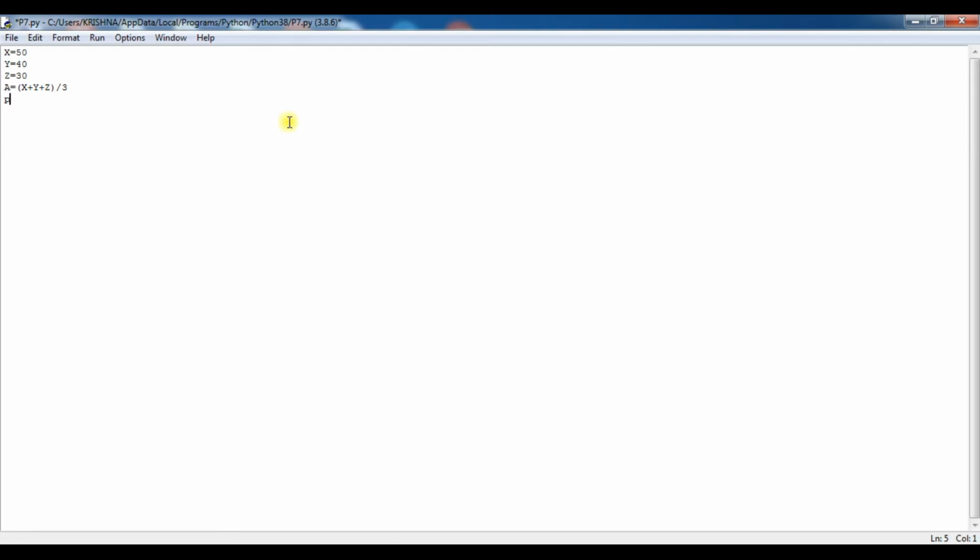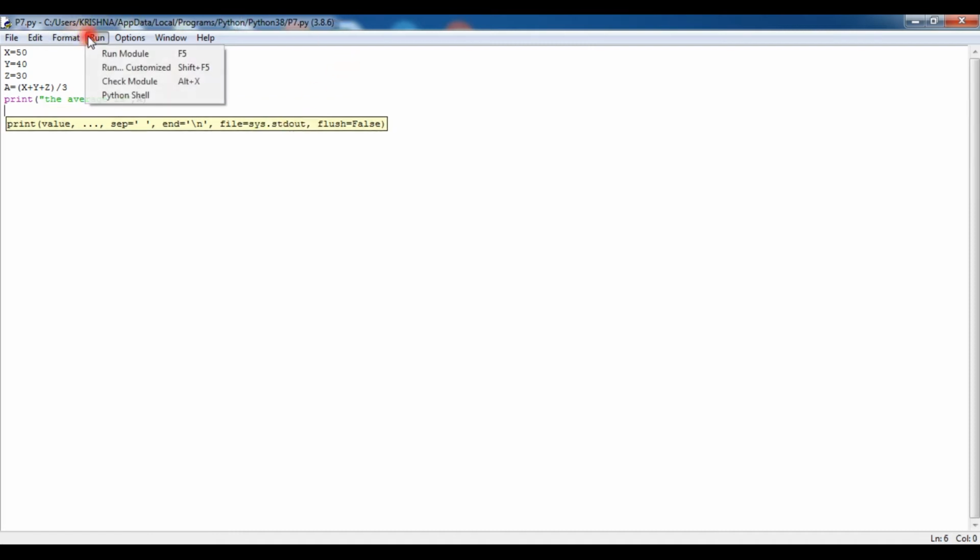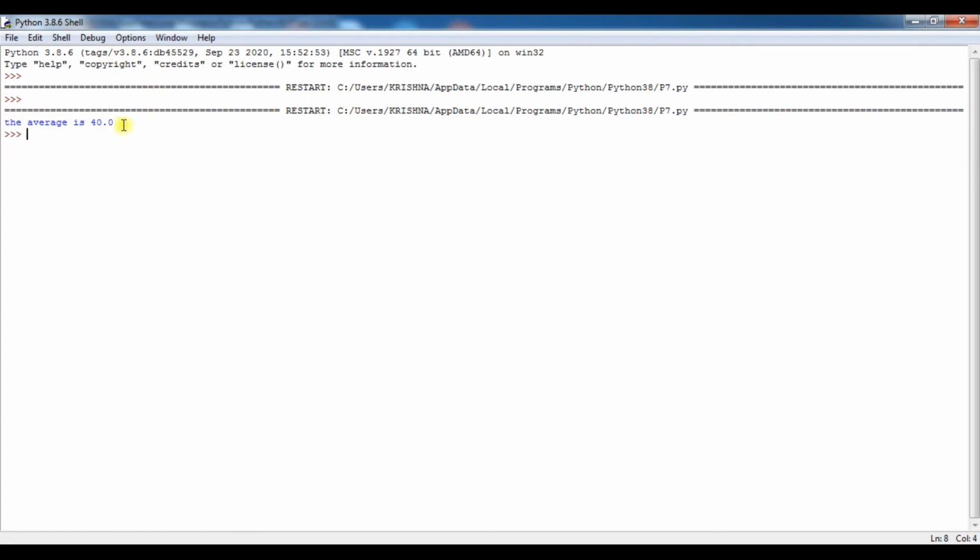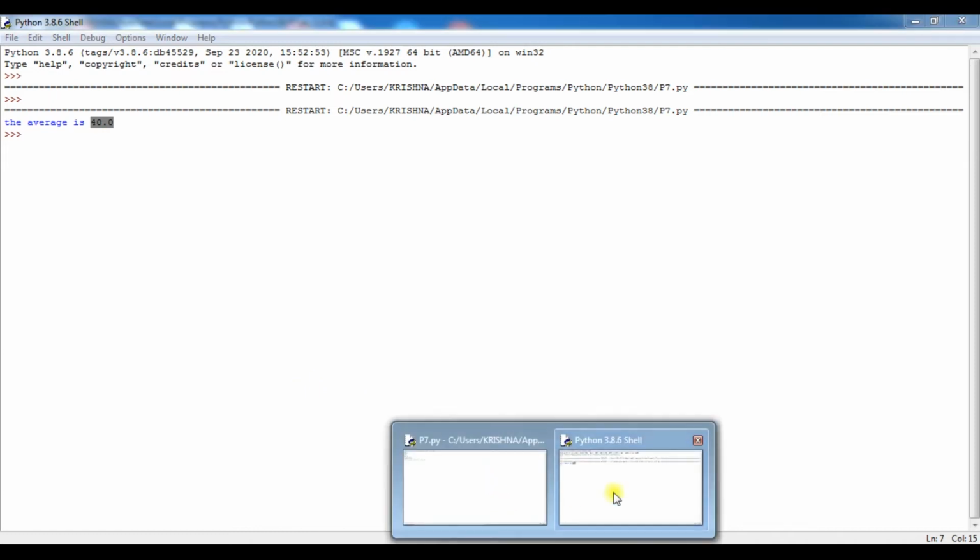Print the average is, and I have used it in A. Again you save it, go to run and click on run module. So what you have seen here, the result is produced. No value is being asked by the interpreter while running the program.